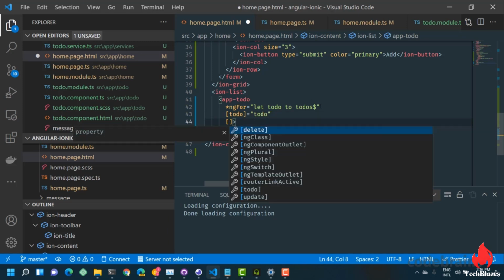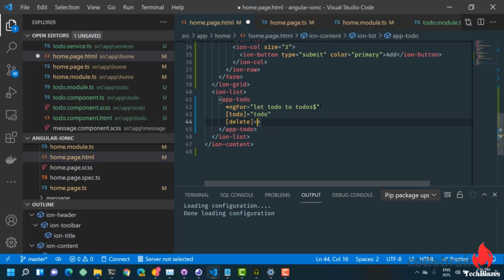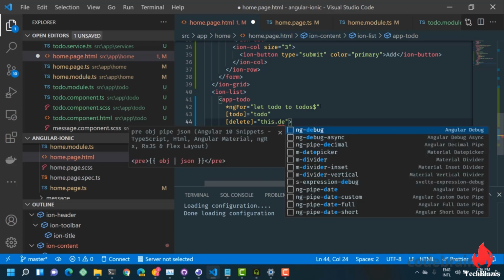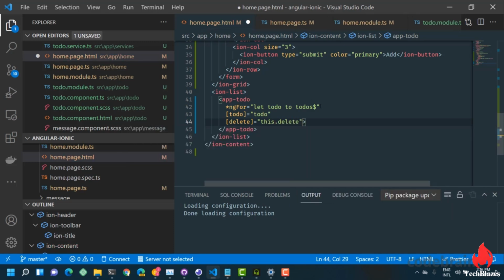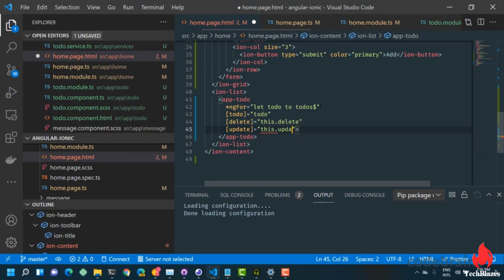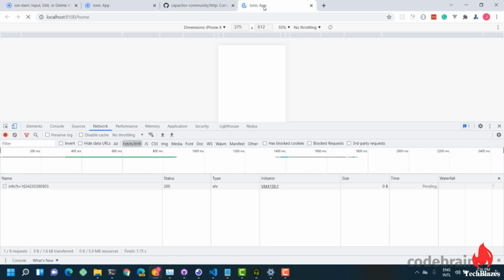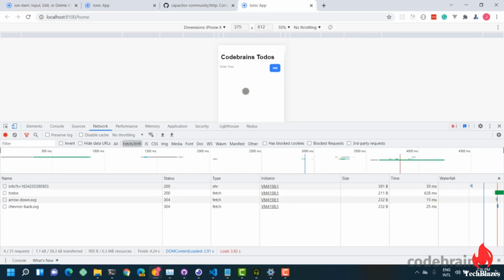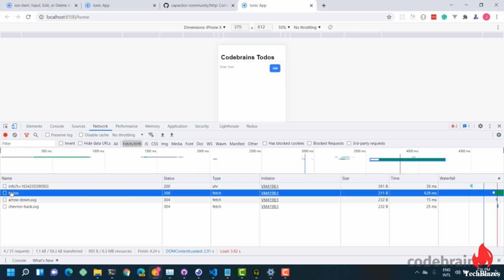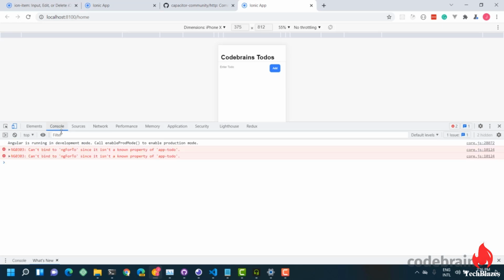We have the delete method. This dot delete and update. This dot update. So if we go back here, and let's say, what issues did we run into? Cannot bind ng for to